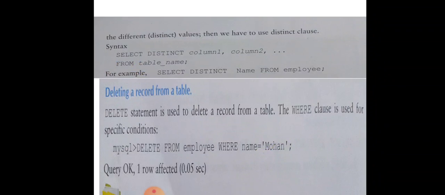Next is deleting a record from a table. If you want to delete a record, meaning one row, from a table, then you use the delete command. The syntax of the delete command is delete from table name where condition. Suppose you want to delete the person whose name is Rohan, then we write delete from employee where name equals Rohan. So this is all about